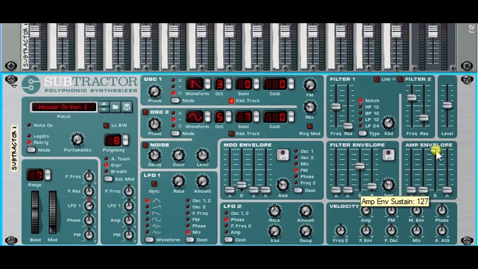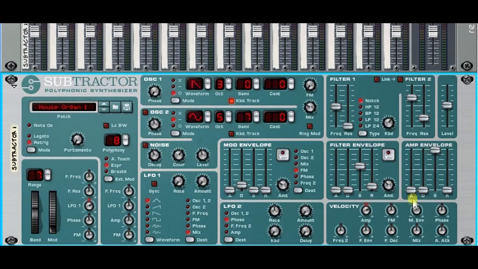The sustain is a level, instead of all the other knobs that are time. Sustain level represents a kind of steady state that the note stays at while it's being held. Now there can be some time to get from that full value to the sustained. That is the decay time. And then when we release the key, the sound goes down to 0, and that is the release time. So an envelope controls how the volume of the amplifier changes over time, and is controlled by 4 parameters: A,